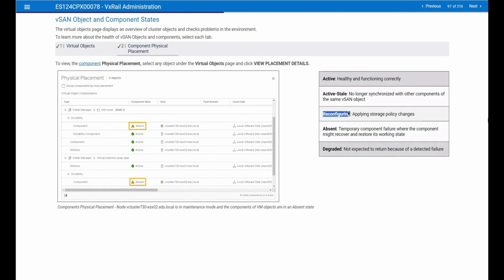Next, we have absent and degraded. Okay, it's completely different. The two may seem to be the same thing, but it's not really the case. So let me start with degraded first. Degraded will trigger immediate resync of the data. Okay, what do we mean by immediate resync? Still, you have 4 hosts, right? You have 4 hosts,